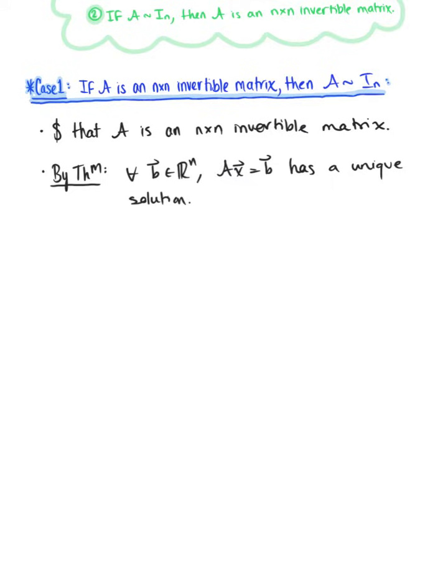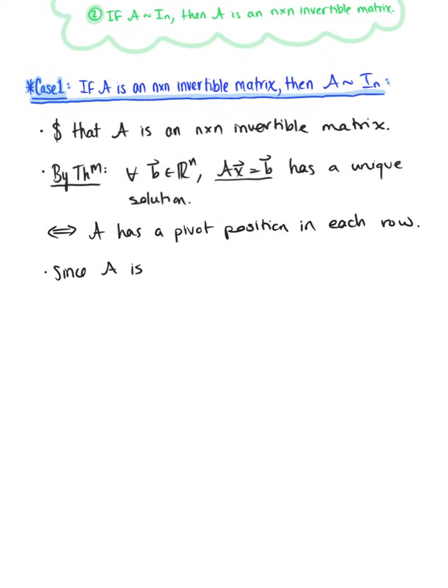Now, we know by the equivalence theorem that if this equation, matrix A times vector x equals vector b, has a solution for every vector b in Rn, this is logically equivalent to saying that matrix A has a pivot position in each row. Beautiful. So, since matrix A is a square matrix,